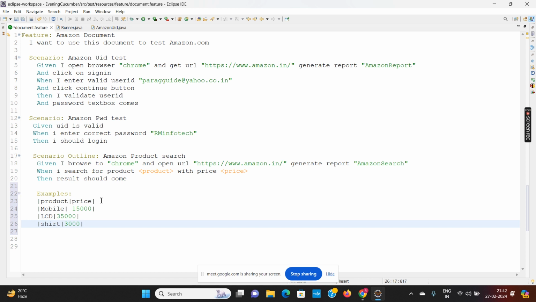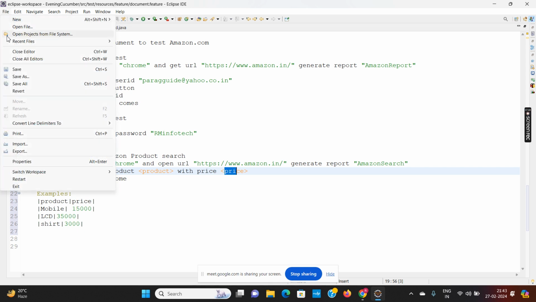So instead of using the Excel like we were using in TestNG, you can use this Examples table, where it will pass these multiple values, product and price, greater than, less than. So it passes the data to my test method, price, like this.